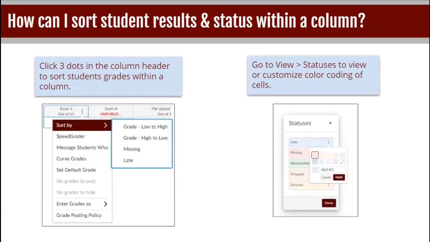So for example, students who are missing assignments, you can have those coded red so that you can quickly identify who's missing assignments. And you can customize these colors. So if you don't want so many, you might change some of them to white. The only thing I would recommend is do not use your background color as black, because then you won't be able to see your text.